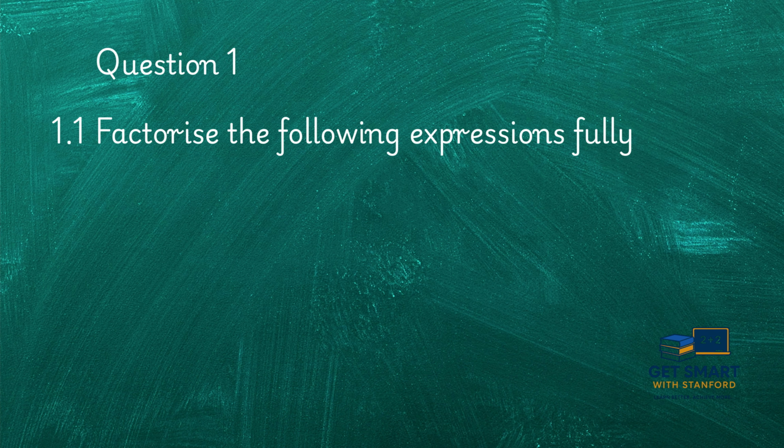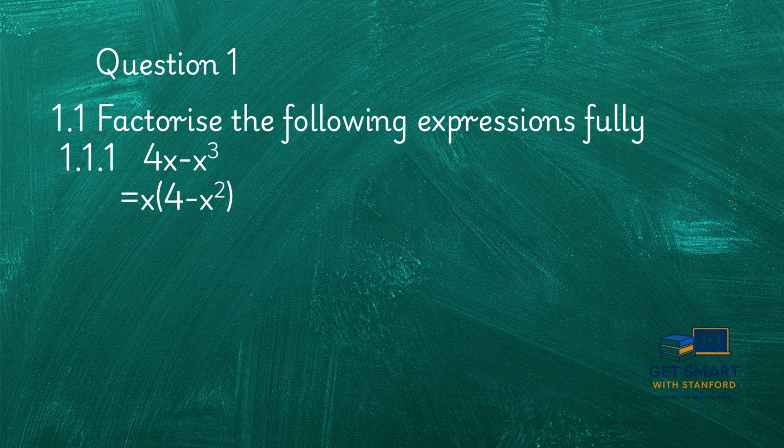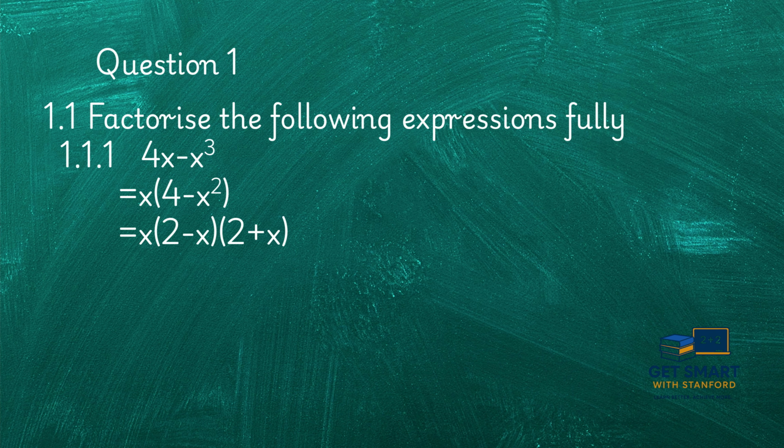In question 1.1, we are instructed to factorize the following expressions fully. 1.1.1. They want us to factorize 4x minus x to the power 3. We have a common factor x, which we can extract and multiply what is remaining. That is 4 minus x squared, which should be simple to factorize because it is a difference of two squares. Our answer is x